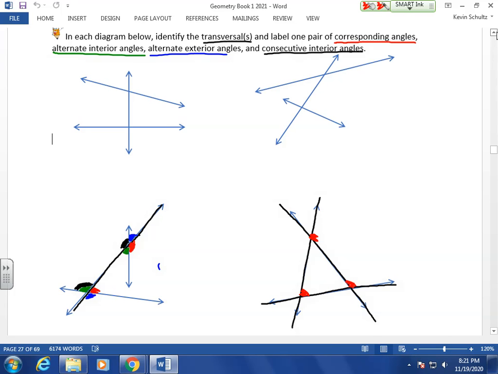And when I use the phrases upper right and upper left, I understand that it gets a little bit tricky when you've got, like we have here, that more X shape, but you're looking at the position of it, as a transversal is coming through this vertex. That corresponding angle, that right side, as it's coming through the vertex here, that upper right side, that's what we're calling it. Okay. And actually, whoops, I hate when I make mistakes at the end of the video. So I don't know how to edit, and I don't want to